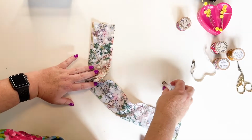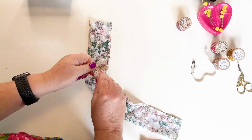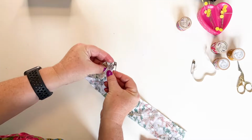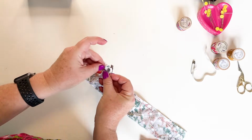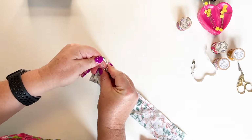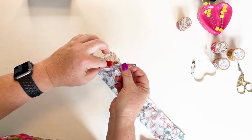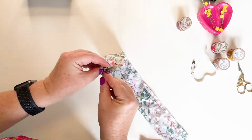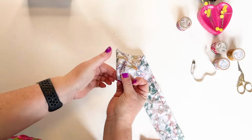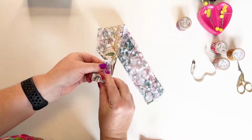So here's our sewn up tube. I'm going to take our safety pin. And I always find it's easier if I push the safety pin in through where the seam allowance is, because that way it just gives you a little bit more strength and it's not going to tear your fabric if you're using a nice fine fabric. Then we push it inside and feed it on through,